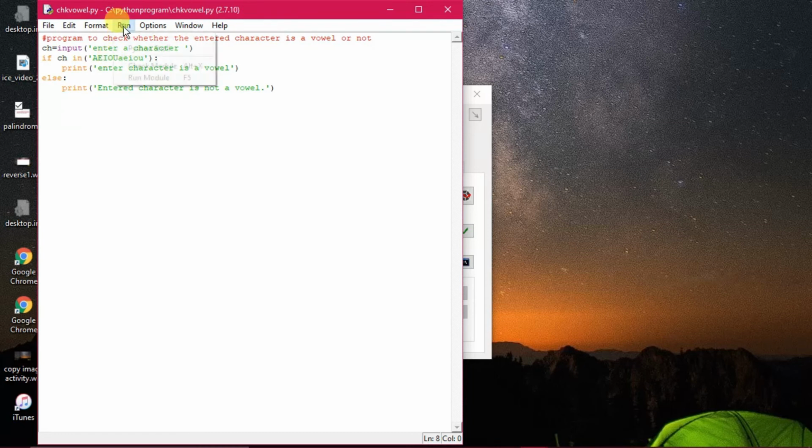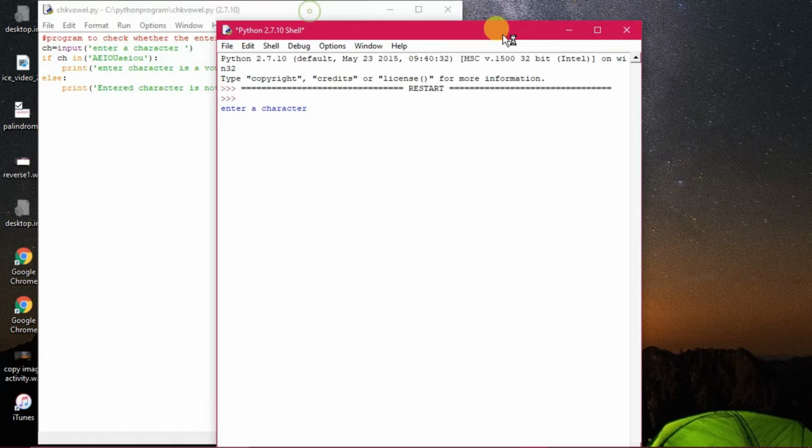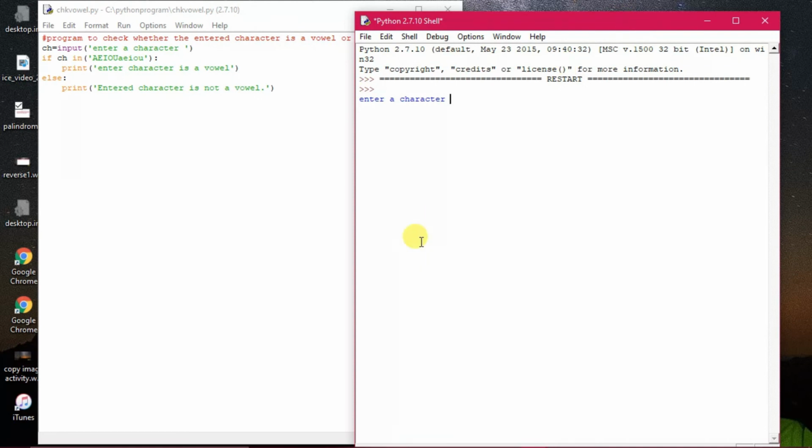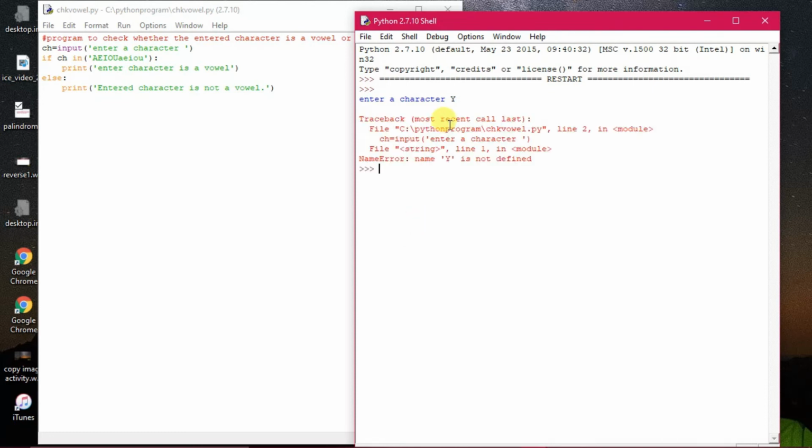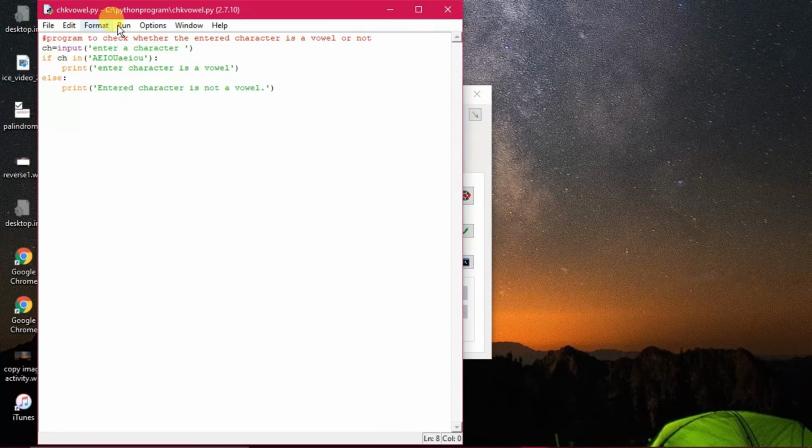So I'm executing this program. The logic is very easy to understand. When you are inputting a character, say you have entered y, the capital Y, small y, whatever. Now, if you are entering it like this, it is giving you an error. Why have I shown you the error? Because many of you may not know how to enter a string or a character. So you enter it the plain way, simply entering a character, and it is giving you a traceback error. Now follow this error. NameError, name y is not defined. It is saying that the string has to be entered either in single quote or double quote whenever you are inputting.